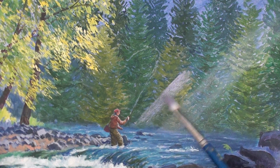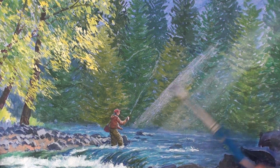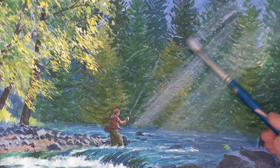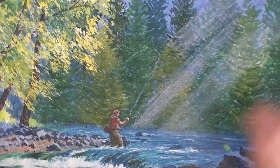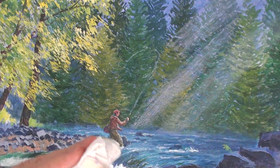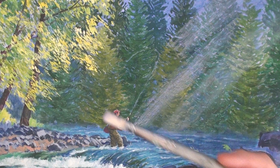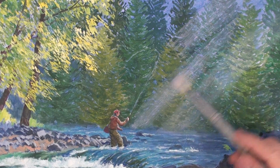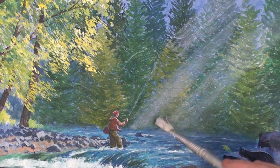So I think the sun rays have a tone, they have a colour, they're not white, and this has got a bluish mauve tint to it. So that's the first application of the colour, which is quite slippery on this surface. Now I would take a dry, clean, softer brush, so this is a synthetic brush, acrylic brush, and very, very lightly, so I'm holding the brush where it balances, very lightly brush out this glaze of this ephemeral aspect of sunlight